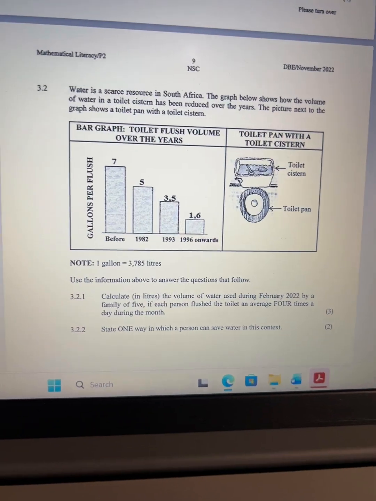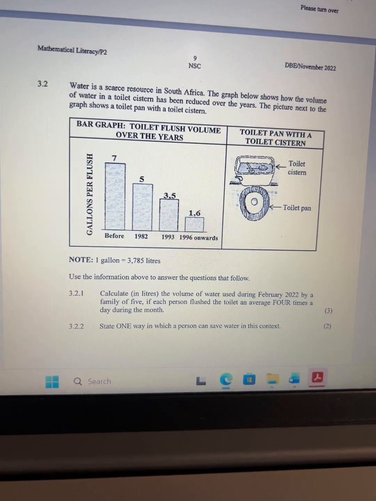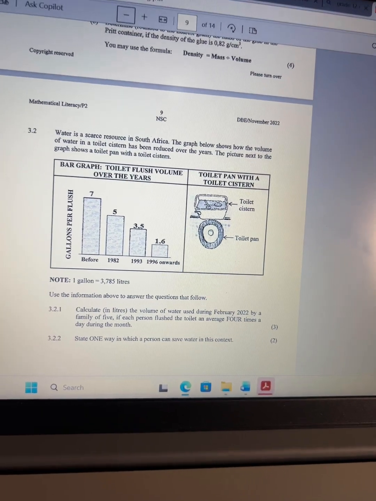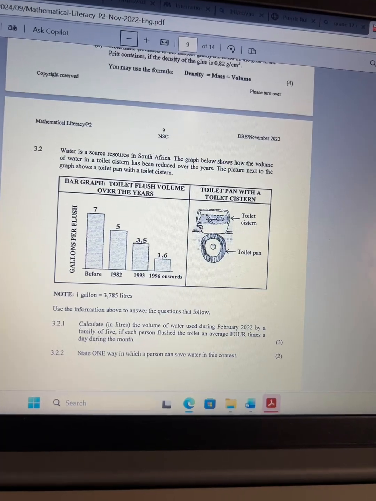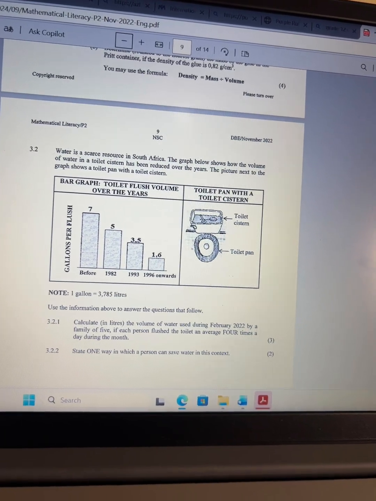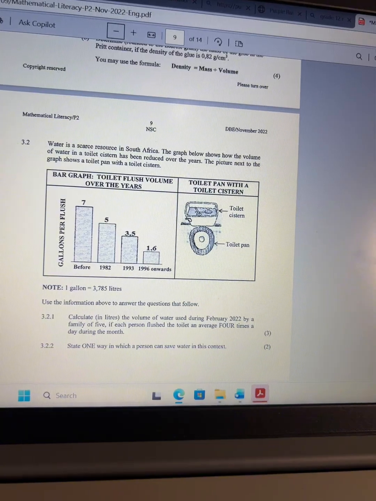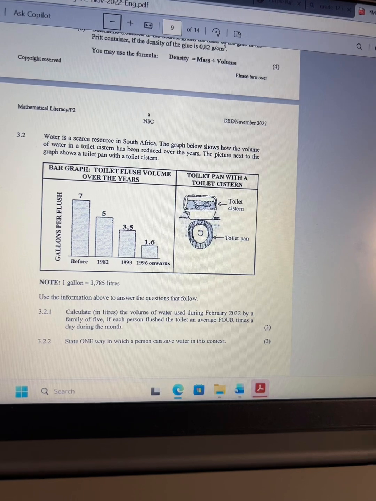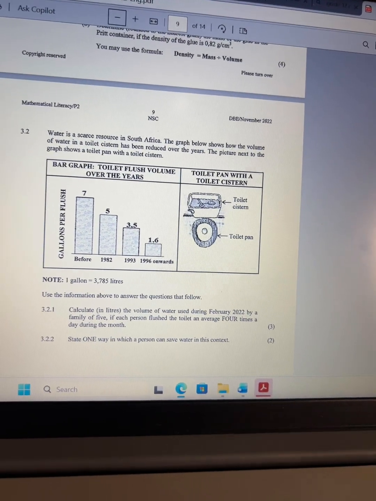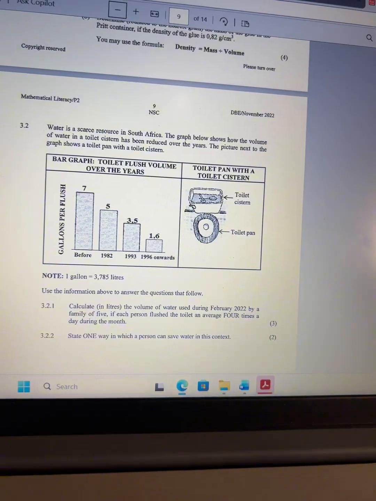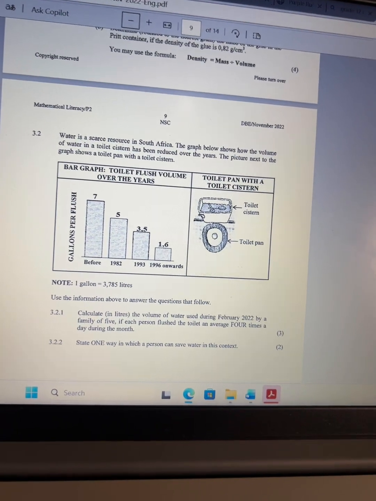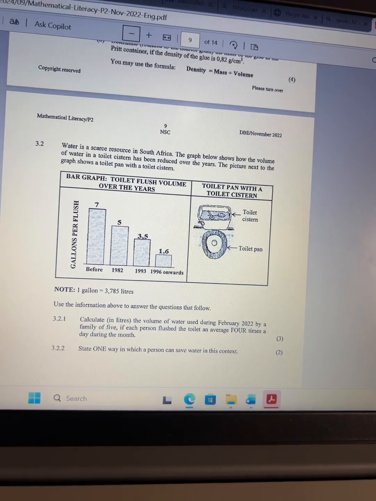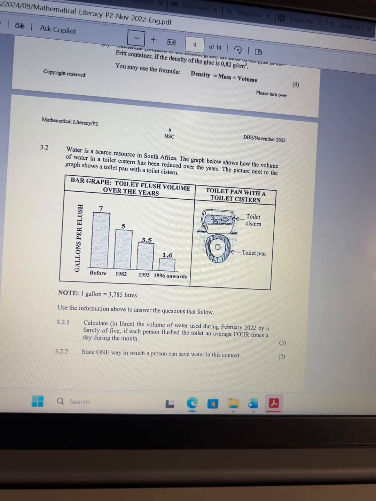3.2.2. They said, state one way in which a person can save water in this context. So they're asking how can the person save water in this context. If you check the context that we're talking about, the toilet and how people can save water when they go to the toilet. When it comes to a question wherein you have to give your own idea, you will never go wrong. You just have to explain what you're understanding. You just have to take the scenario and bring it to a real life situation, and think of exactly what you are going to do if this situation is facing you. So when they say state one way in which a person can save water in this context,